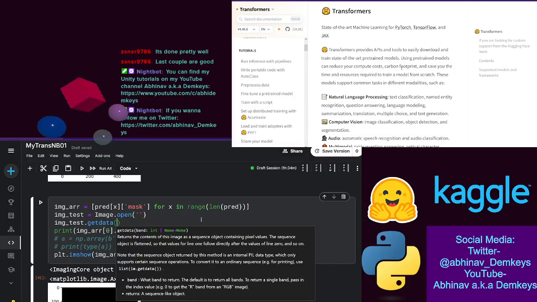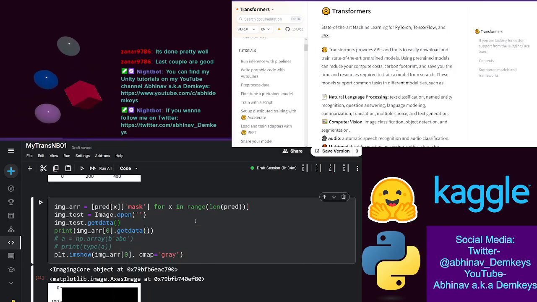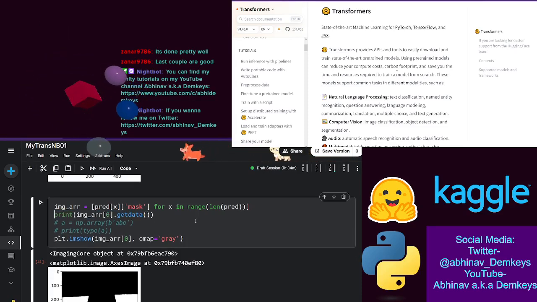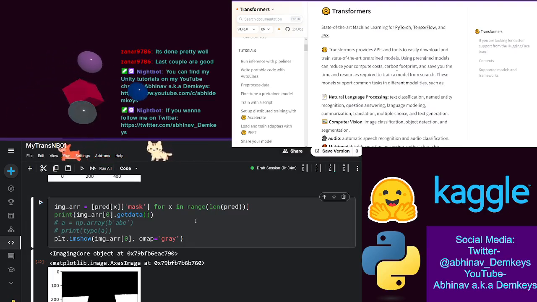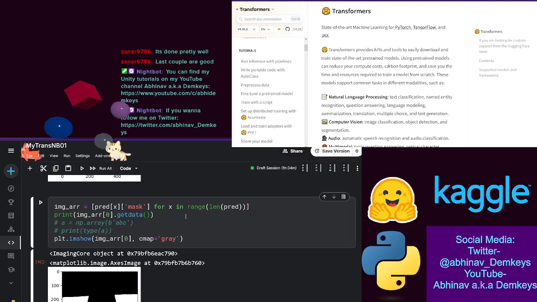So I'm going to need to, I could just reshape the array. I could do that. Yeah, I could just reshape the array to the size of the image. What is the size of the image? Also, this is not returning anything. Why is that? What am I supposed to be